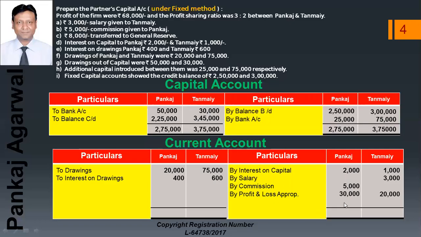Now we will calculate the totals. This side of Pankaj's account is greater, so we will total this side and write this on this side. Now to balance CD will come. We will deduct these two items from 37,000 and it will come to 16,600. But in Tanmay's account, this side is greater, so we will first sum up this side. We'll write this total on this side, and we will deduct all these three items and write as by balance CD. So we can see in this, the current account balances may be either debit or credit, but the capital account will always show the credit balance only.